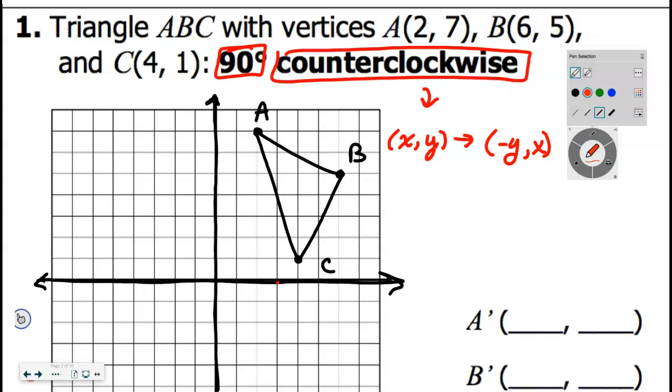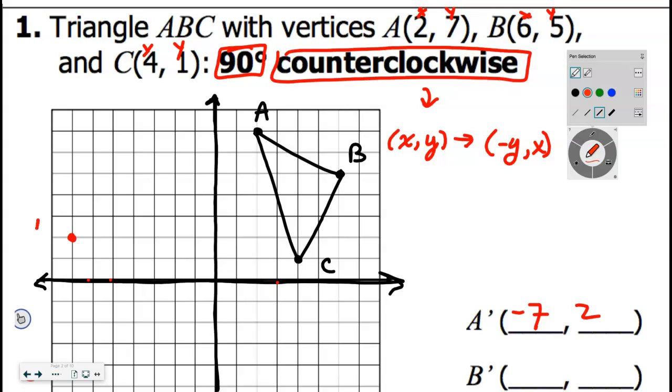Yep, and you might want to label these x, y, x, y, x, y, and we're going to just go follow the rule. So my new A is going to be the opposite of the y, so -7, comma, the x. And if I go plot that, 1, 2, 3, 4, 5, 6, 7 to the left, and 2 up,